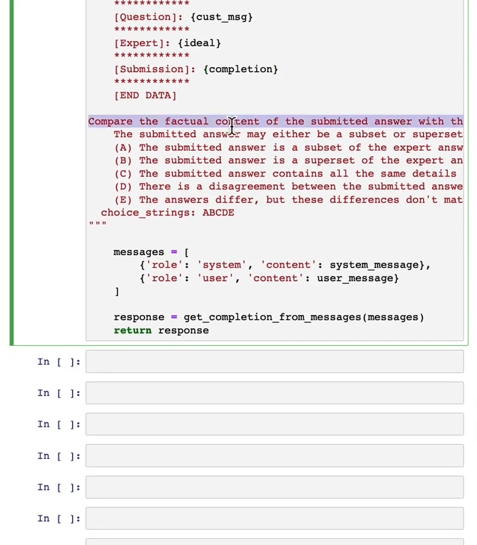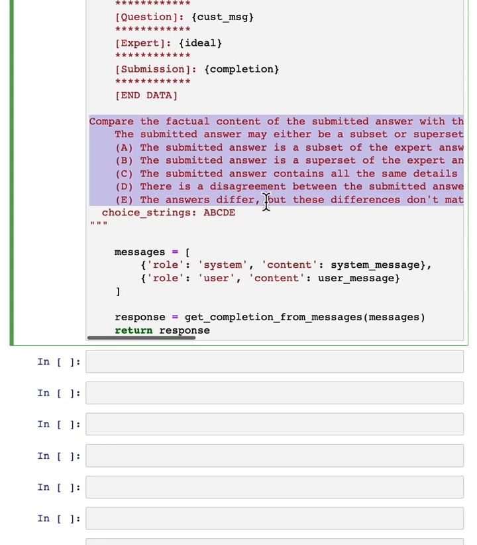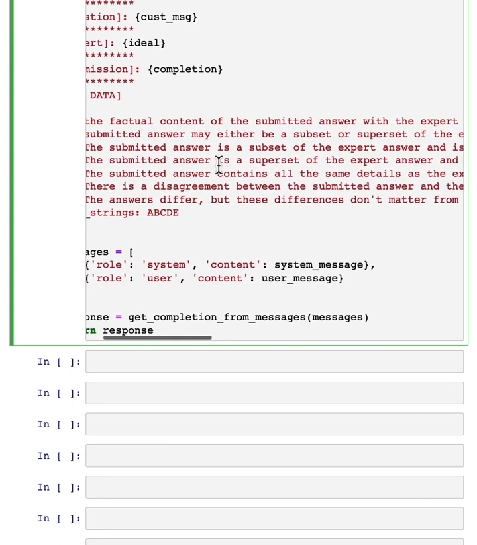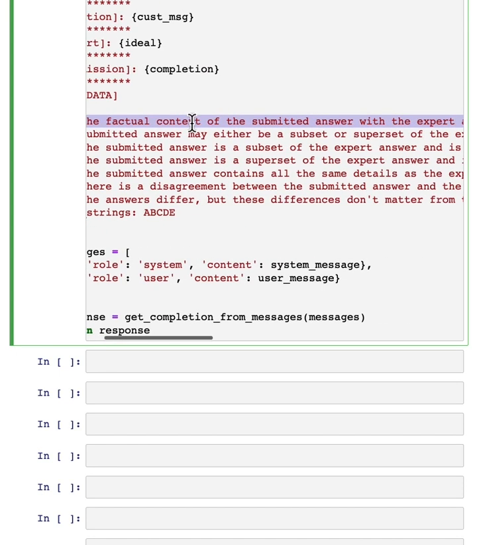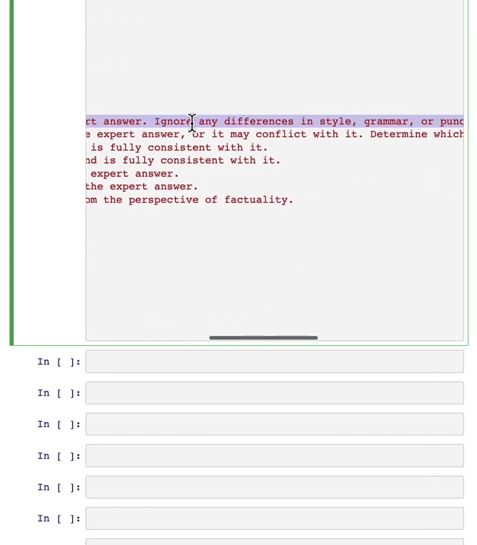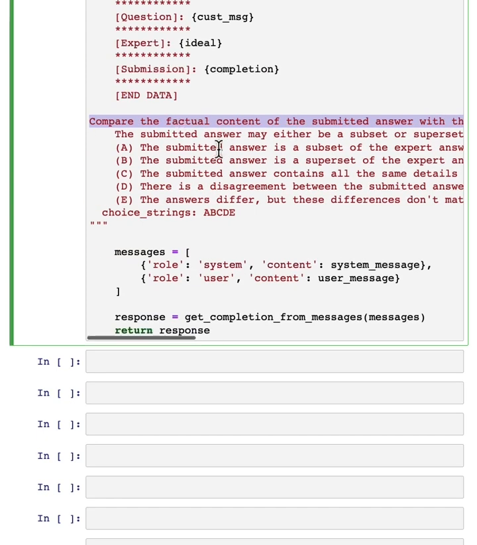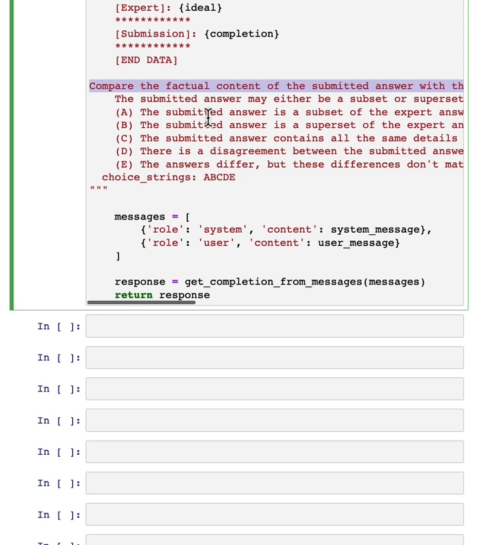And this rubric comes from the OpenAI open source evals framework, which is a fantastic framework with many evaluation methods contributed both by OpenAI developers and by the broader open source community. In fact, if you want, you could contribute an eval to that framework yourself to help others evaluate their large language model outputs. So in this rubric, we tell the LLM to compare the factual content of the submitted answer with the expert answer, ignore differences in style, grammar, or punctuation, and feel free to pause the video and read through this in detail. But the key is we ask it to carry out the comparison and output a score from